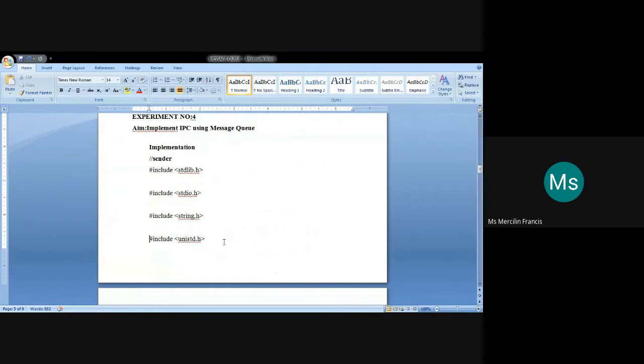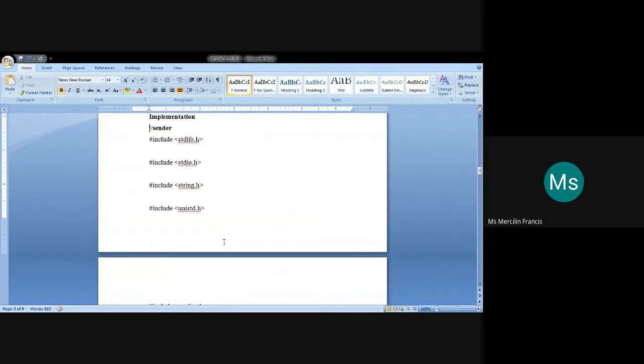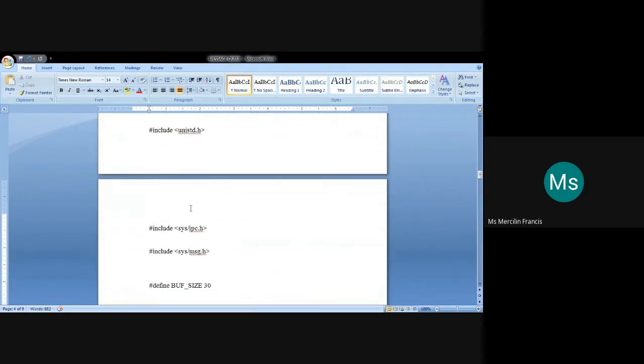Since we are making use of message queue, you will be inserting 2 additional header files, sys/ipc.h and sys/msg.h. For msg.h, it will be having some inbuilt functions related to the message queue.